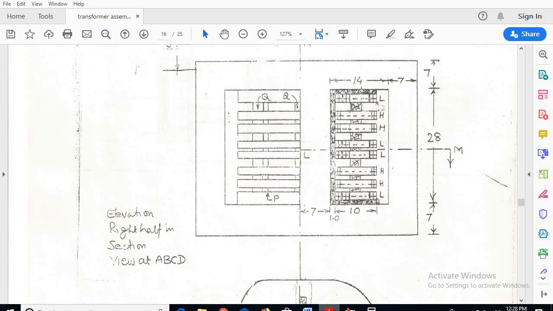Now if I calculate the dimensions from this point, that is the height of the window, overall it must come as 28 centimeters. So insulation here is 1 centimeter, LV coil 2 centimeters. The spacer between LV and HV is 2 centimeters. HV coil 1.8. The spacer between two HV is 0.8, and again HV coil is 1.8. The spacer between HV and LV is 2. So LV is 2, and between the two LV coils it is 0.8,